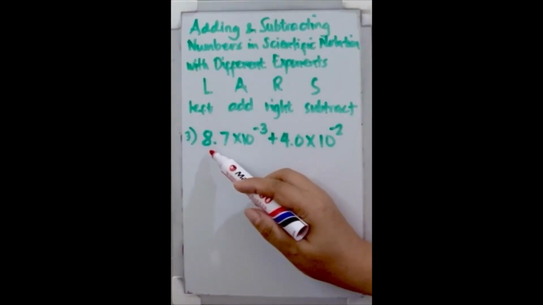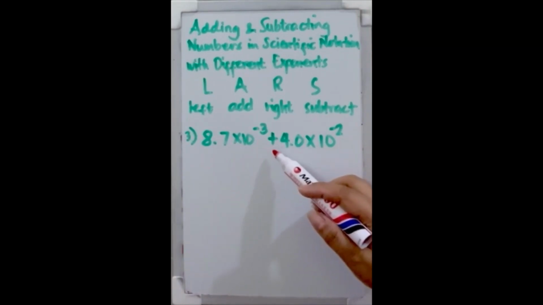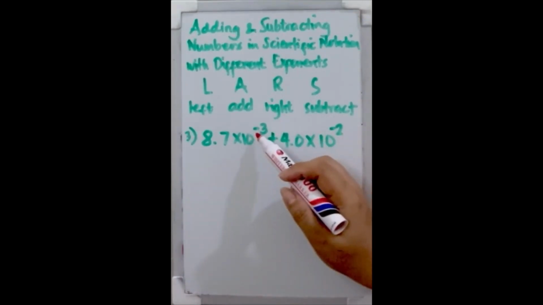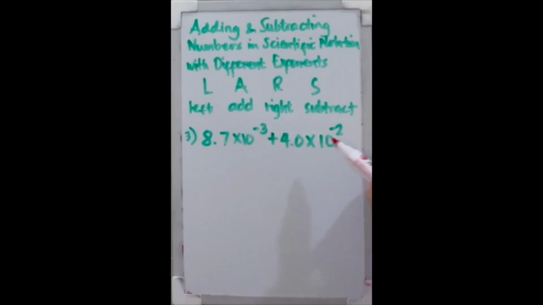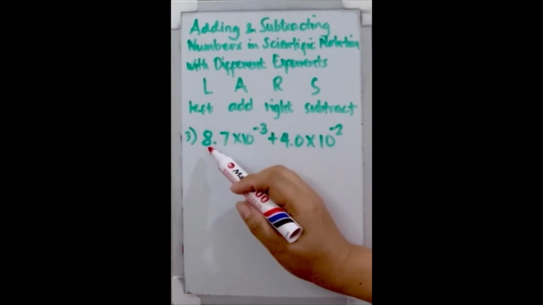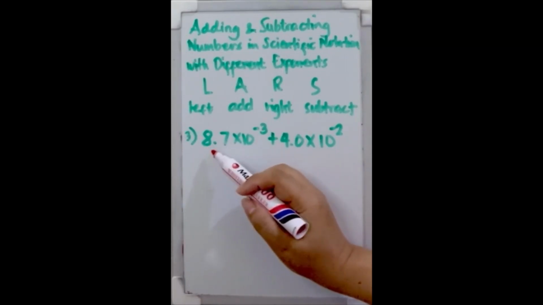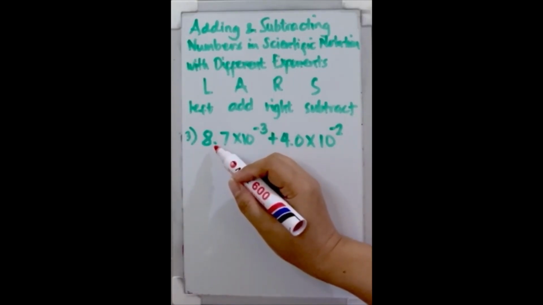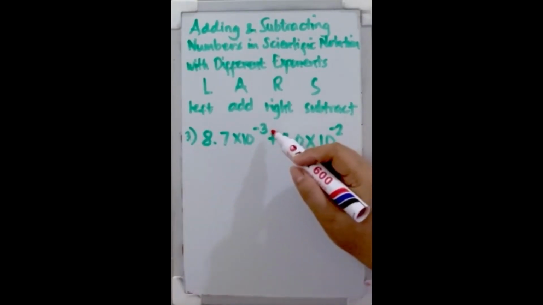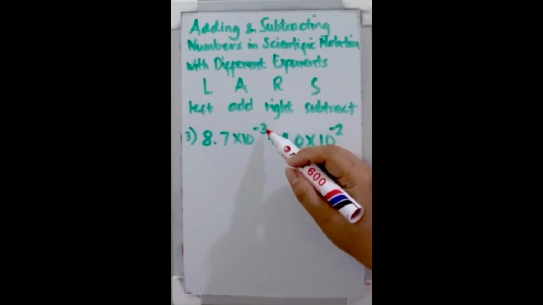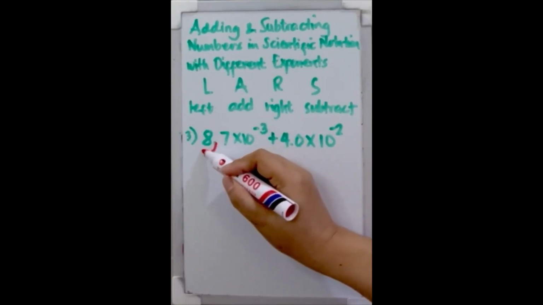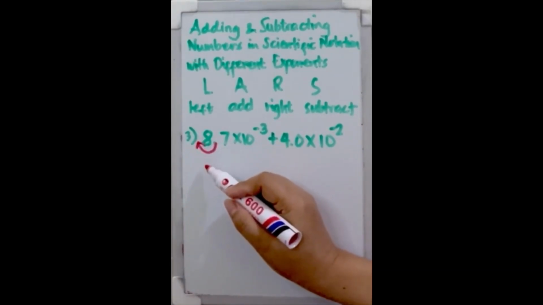Last example here is 8.7 times 10 raised to negative 3 plus 4.0 times 10 raised to negative 2. Exponents are negative 3 and negative 2. And we know that negative 3 is smaller than negative 2. Now the movement will be done on this coefficient here, 8.7, since negative 3 is smaller. So now we can move this point going to the left because we want to add plus 1 on negative 3 so that it will become negative 2. So from here, we can move 1 place to the left and this will now become